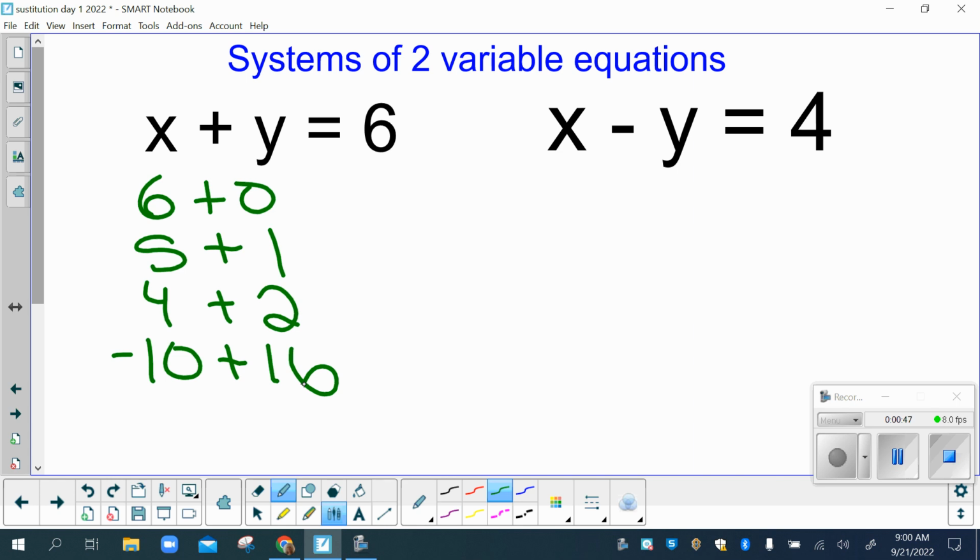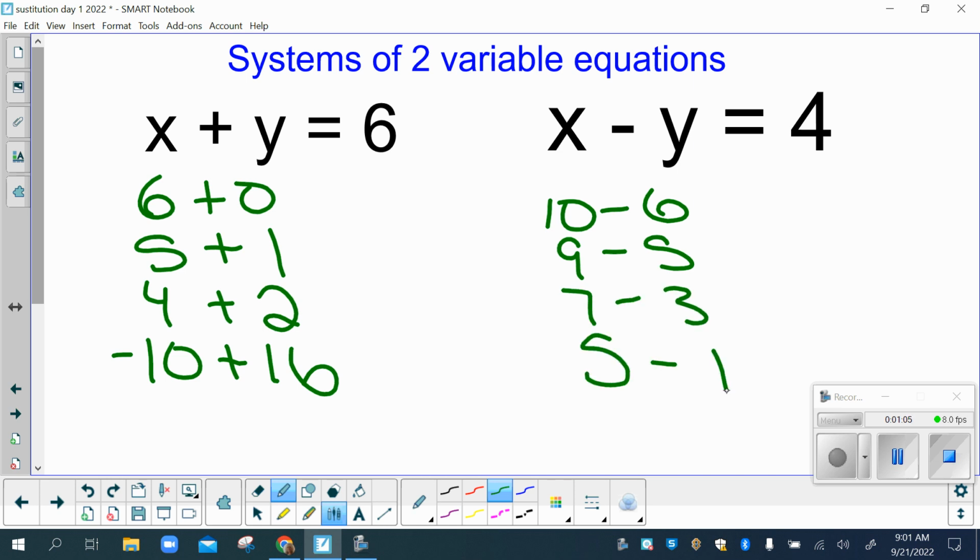There are also a million, billion, trillion things that make 4 by subtracting. Like, for example, 10 minus 6 gives you 4, and 9 minus 5, and 7 minus 3, and 5 minus 1, and 4 minus 0. There's a ton of them. There's infinite. What we're doing today is saying to each other, is there one pair that can work for both